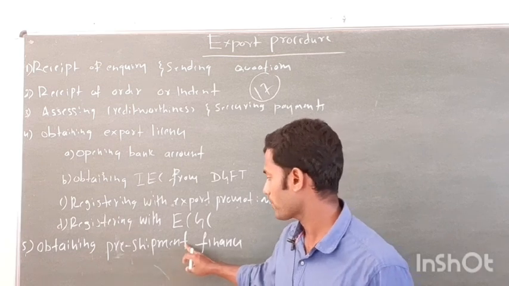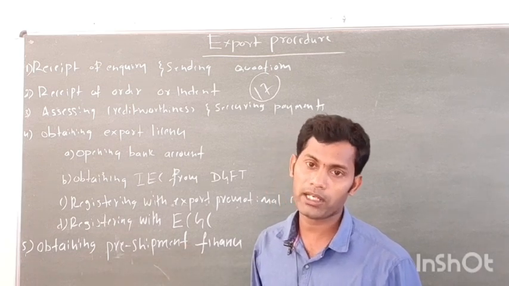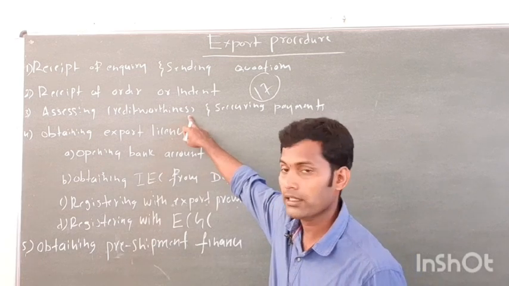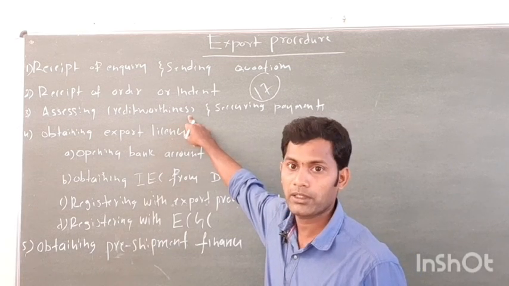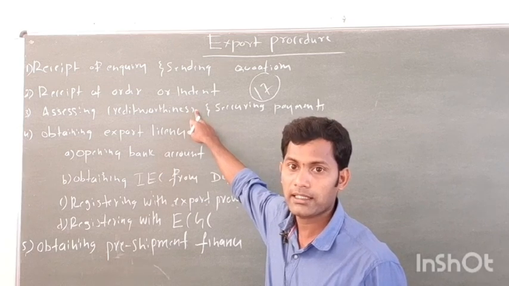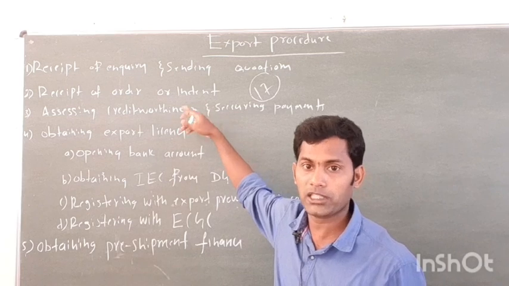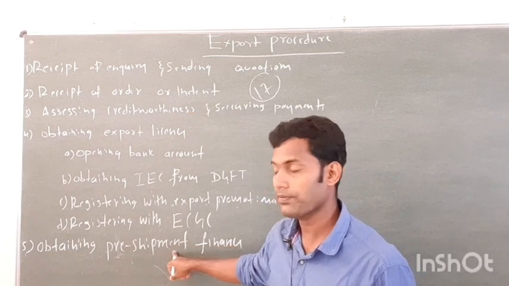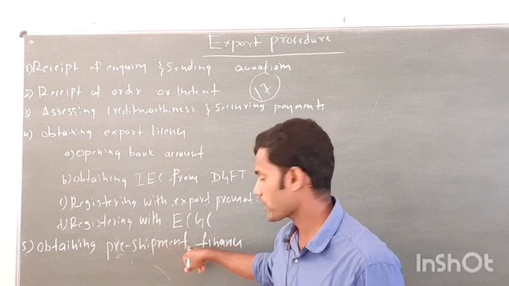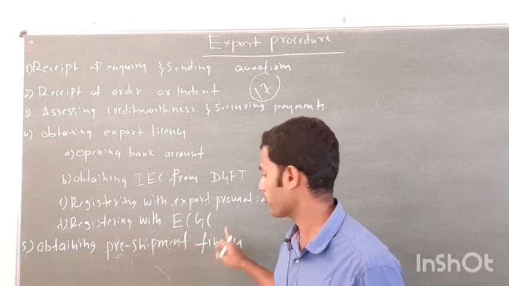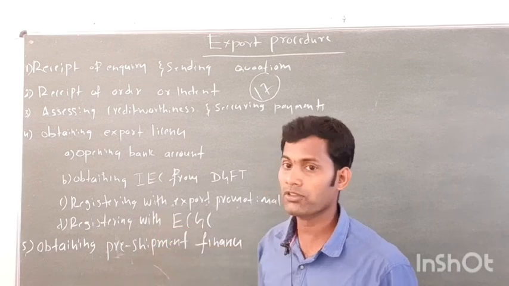He gets some finance or money from the importer's bank, because here we guaranteed the payment. Now, importer's bank, they are ready for letter of credit. This is a guarantee given by the importer's bank. So, here in the fifth step, exporter, he receives some amount. He obtains some pre-shipment finance. That is the fifth one.